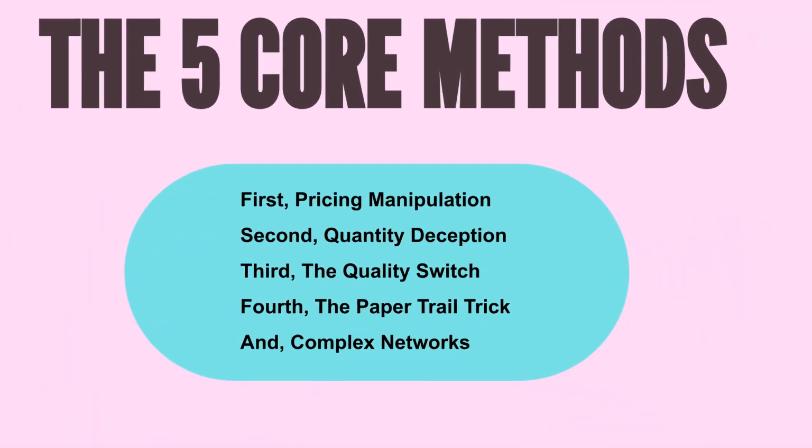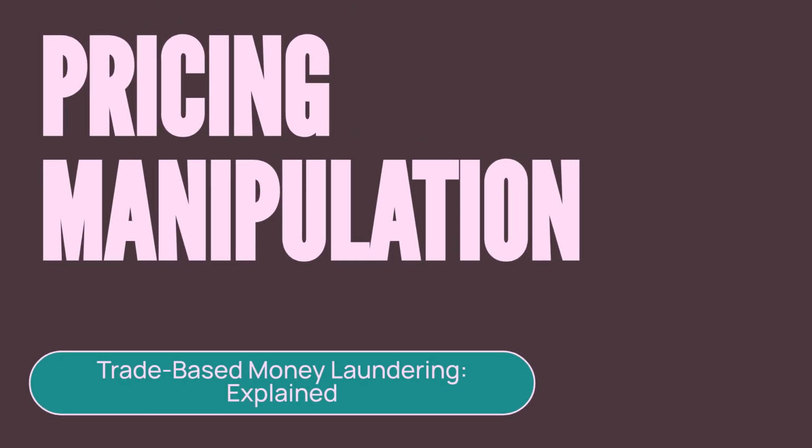To understand TBML, we'll cover 5 core techniques that transform illicit funds into seemingly legitimate trade settlements. First, pricing manipulation. Second, quantity deception. Third, the quality switch. Fourth, the paper trail trick. And, finally, complex networks. The most common and basic technique is pricing manipulation, which involves misrepresenting the price of goods